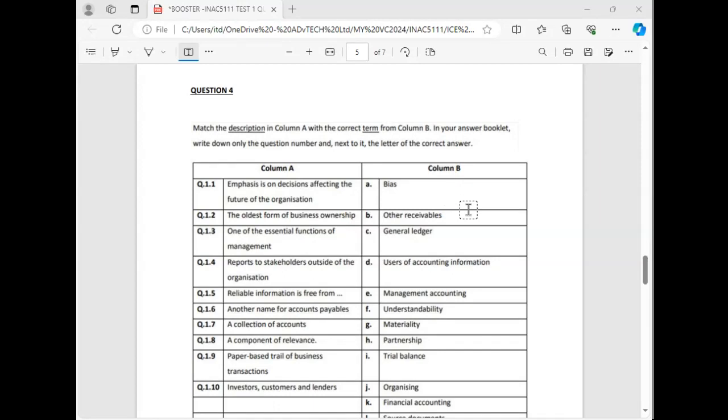I think it's the one that we wrote recently, this week. The one that we wrote this week. Remember the test? So it means you need to know how to deal with this. Read. Remember here, column A, column B. They say you must write the letter. Guys, please follow instructions. You must only put the correct letter.